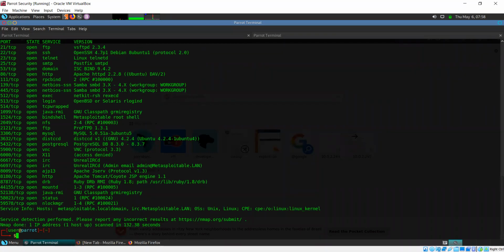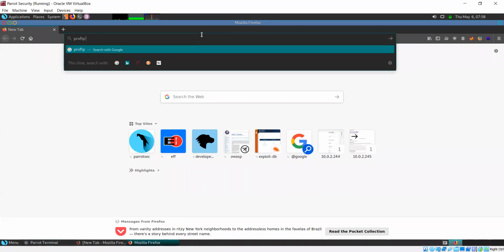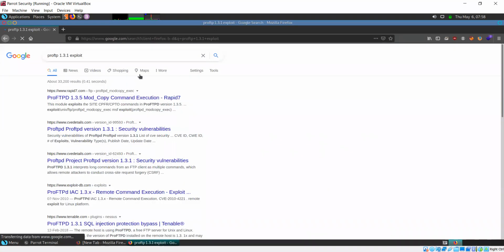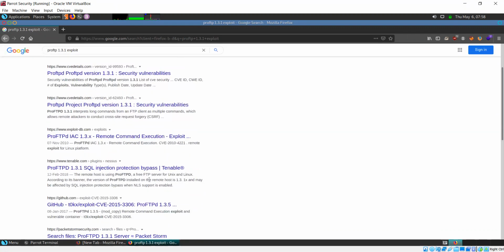We have already seen what we can do with quite a few of these services, VSFTPD. Then there was a direct root shell, right? We can also look if there's anything for ProFTPD 1.3.1. There is something for another version, but I'm not sure whether anything exists for 1.3.1. Let's check. SQL injection protection bypass. All right. There might be something, but